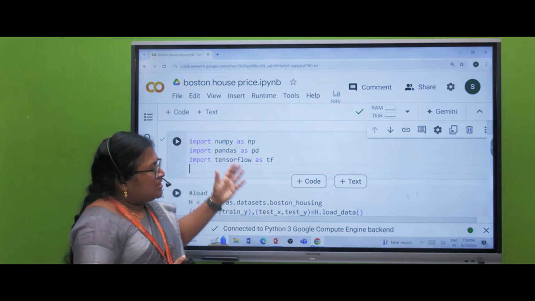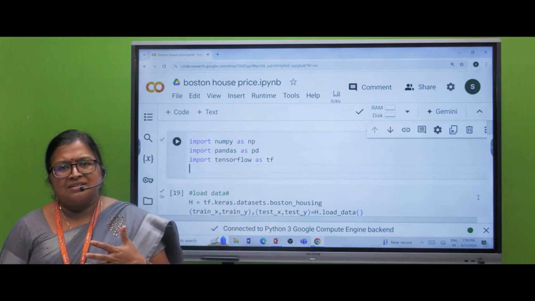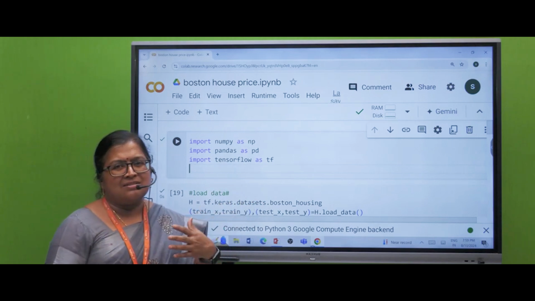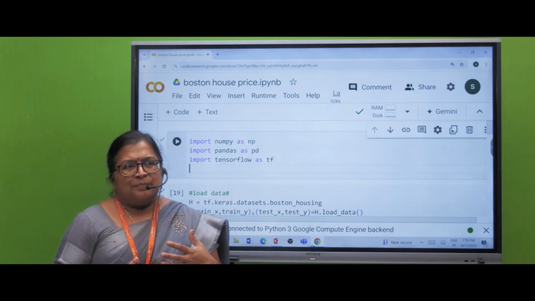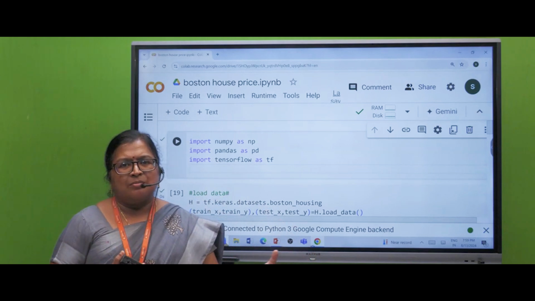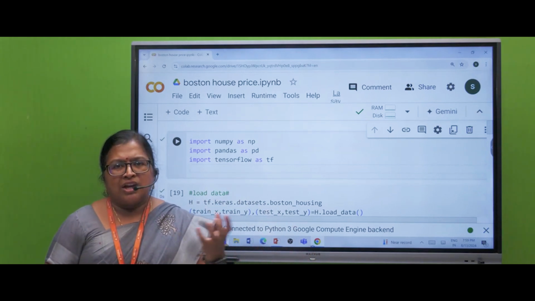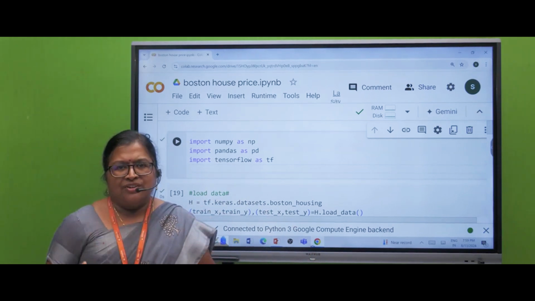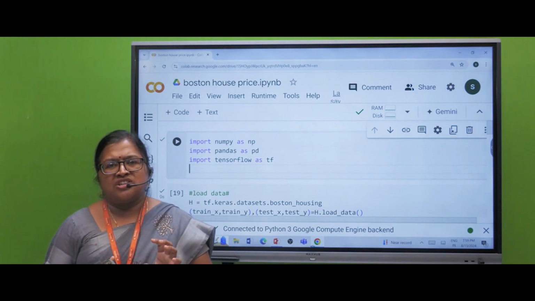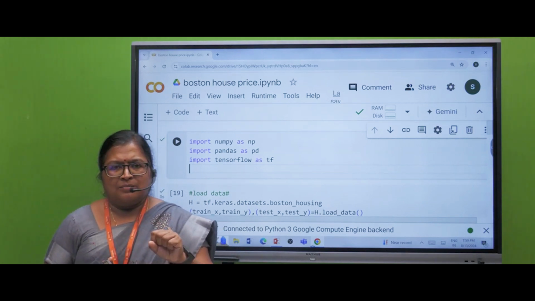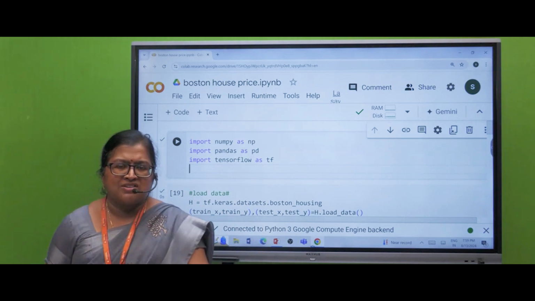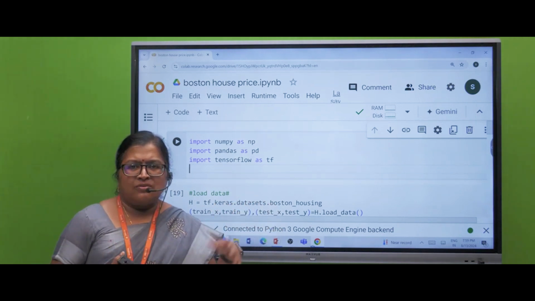This project is about Boston house prices. I have downloaded the dataset from Kaggle. House prices depend on some features, such as area, location, square feet, nearby houses, and what functionalities and specialities you have. Depending on that, you have to decide the house price. So this is the dataset we have.